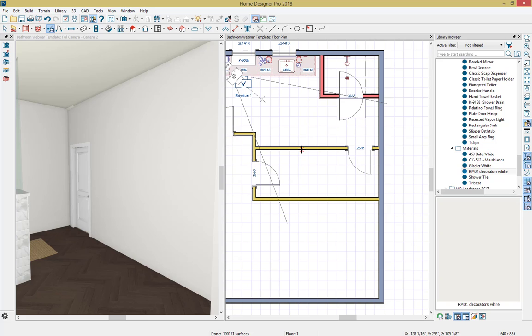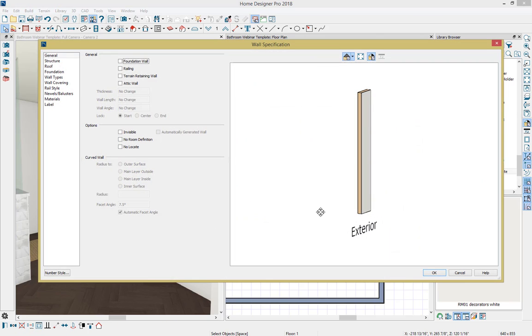And so I'm going to add a couple wall breaks in a couple places where we will be adding wall coverings. The reason for the wall breaks is because I don't want the wall coverings to go everywhere. I'd like to only have it in specific places. So if I select my space bar, you can see that I will just select these 3 walls. I'll multi-select those walls, and if I open the wall specification dialog, we can get into the wall covering